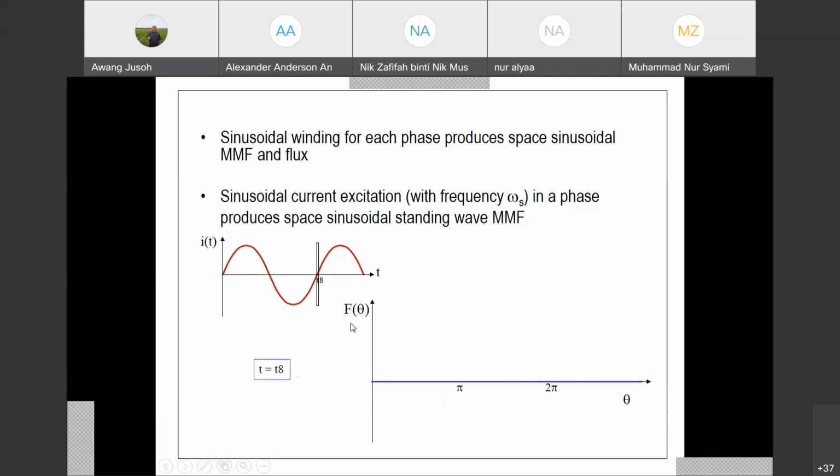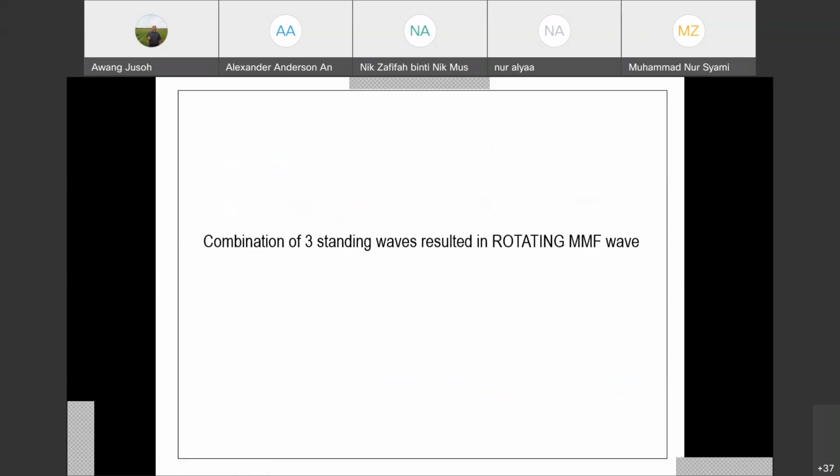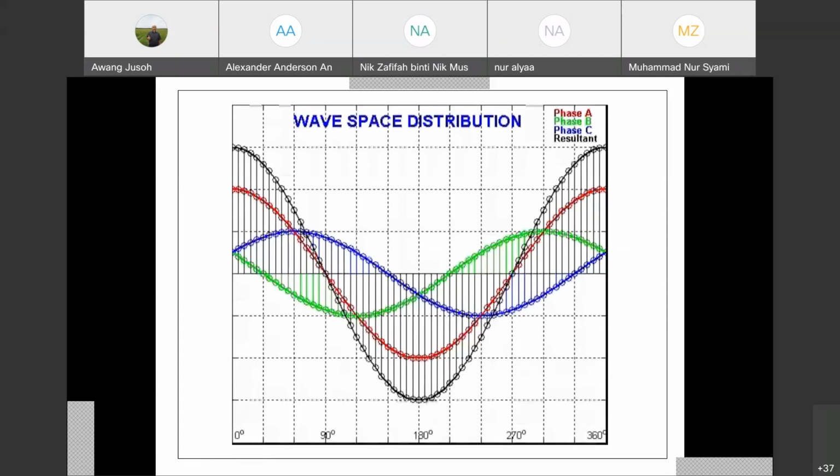So there is a relationship between the current that flows in the machine and the MMF, or F, produced by that particular current. If we combine three currents, we know that in the machine we have IA, IB, IC: three currents, IA phase A, IB phase B, and IC phase C. This is what the currents look like. The blue color stands for phase A, red color for phase A, and phase B yellow, and blue. This is the resultant. If you combine the three currents, you get the black color one. You see the resultant MMF in the machine, at a particular time.